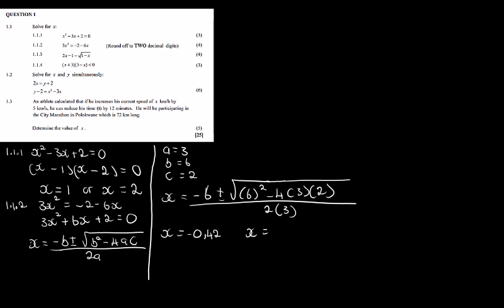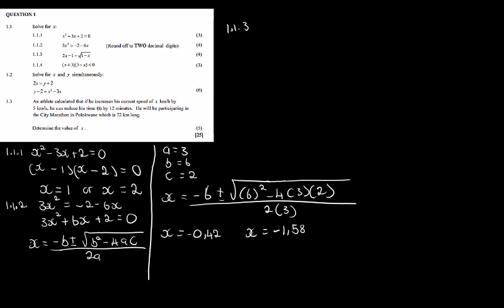That's for the plus. And then for the minus, you should get negative 1.58. So that's the answer for question 1.1.2, right? So as we continue, the next question 1.1.3 says